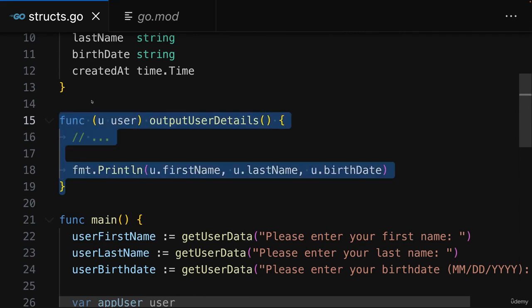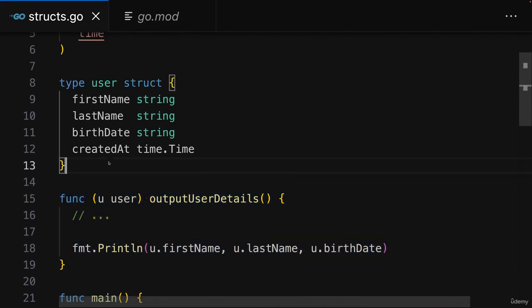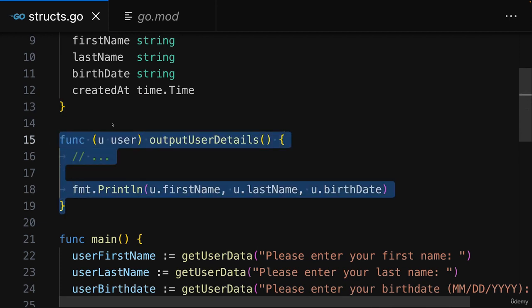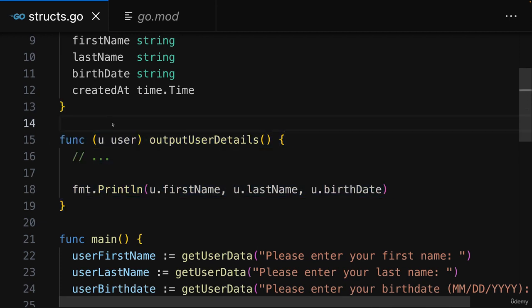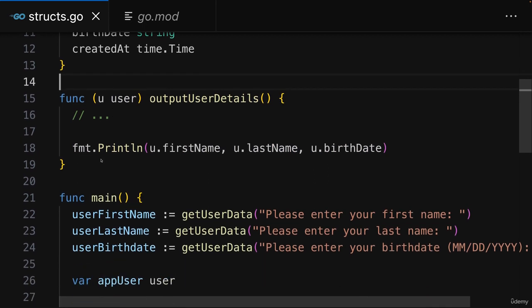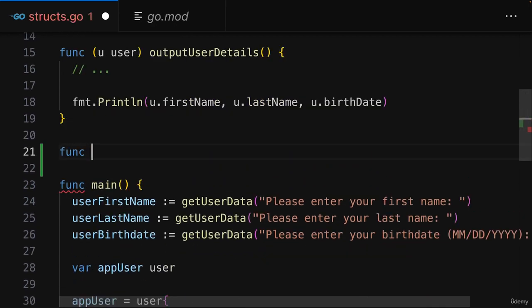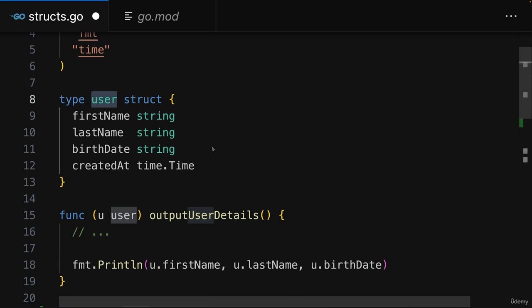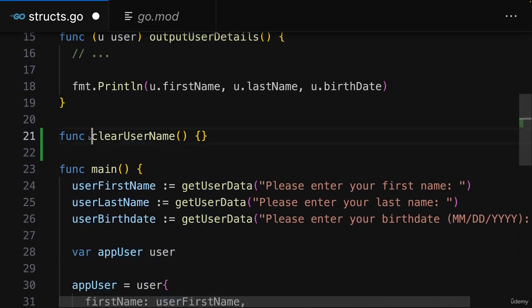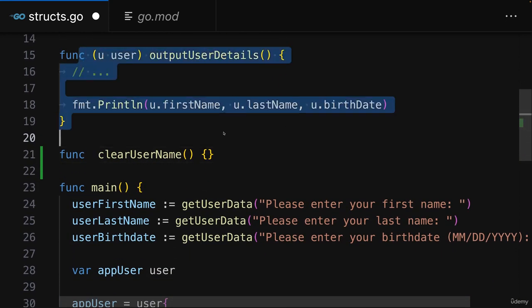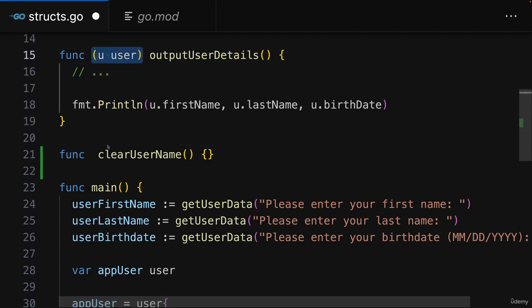Now, when adding methods to structs in Go, you're not limited to adding methods that output struct data. Instead, you can also add methods that change data in a struct. So for that here, we could add a new function, which we maybe call clear user name. And this function should be a method of that user struct here. Therefore, in order to attach it, we of course, just as before with output user details, add this receiver argument here,